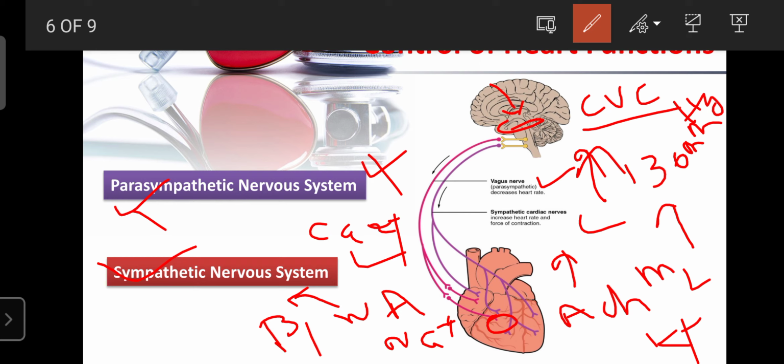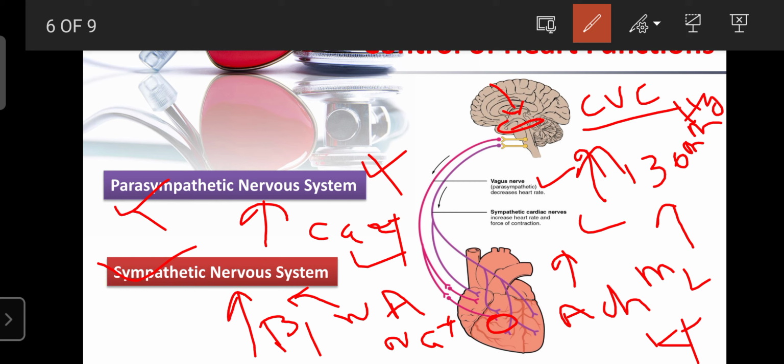So when the blood pressure falls, these two systems in our body are involved in the regulation of the performance of the heart, or whatever the heart functions are. That is controlled by the CNS, our brain, with the help of these two systems, the parasympathetic nervous system and the sympathetic nervous system. Those drugs or phenomena that activate the parasympathetic nervous system decrease the blood pressure. And those drugs, therapies and techniques that activate the sympathetic nervous system can increase the blood pressure.